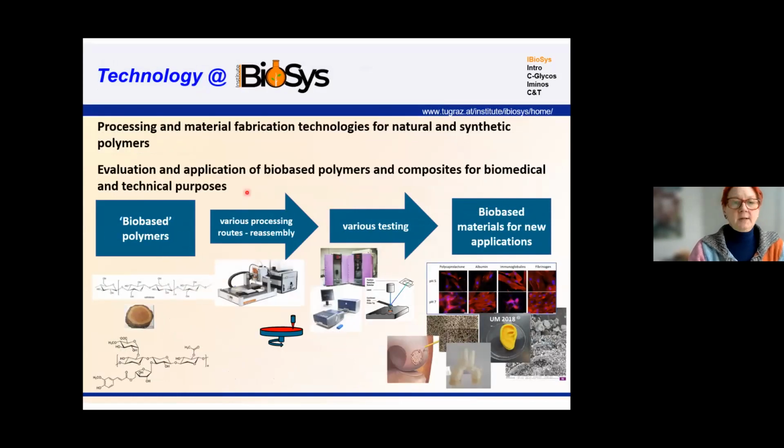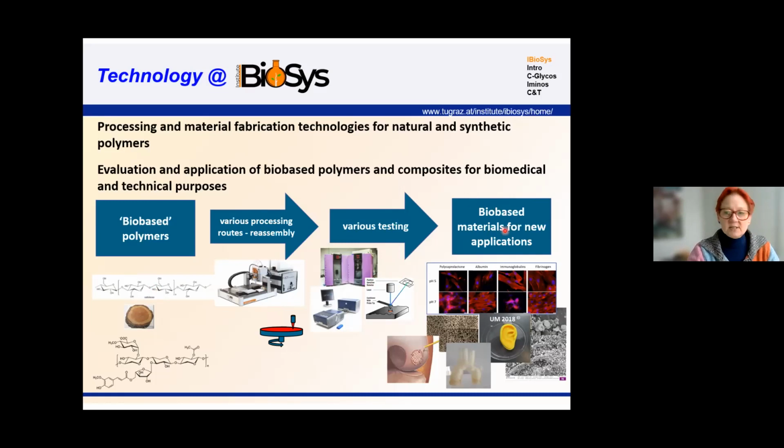And Karin's group, coming from the larger size scale here, use bio-based polymers, such as cellulose, for example, other polysaccharides, hemicellulose, and with various really cool processing, such as electrospinning, spin coating, and 3D printing, which is a very big topic now in the group. By various testing in-house, and that testing really includes QCM, IR, SAXS, AFM, and you name all the testing methods, and they create bio-based materials